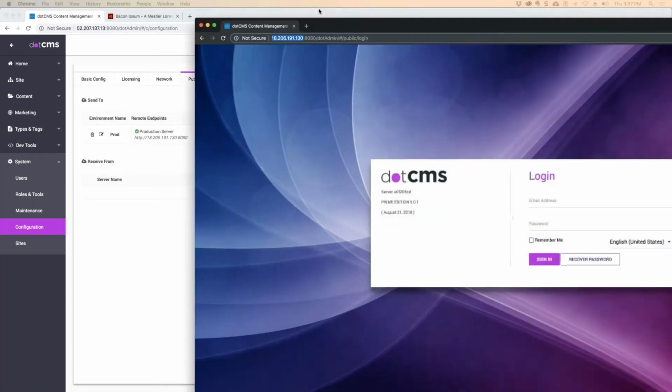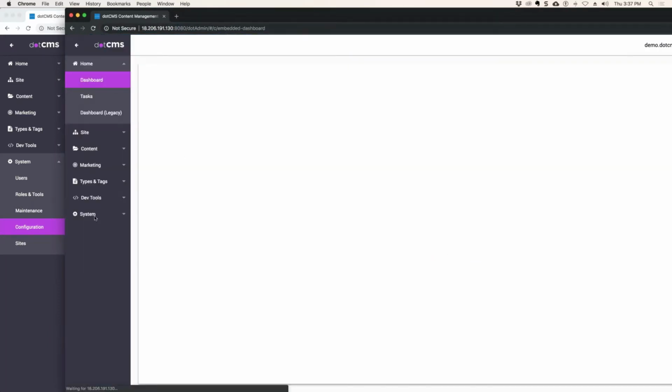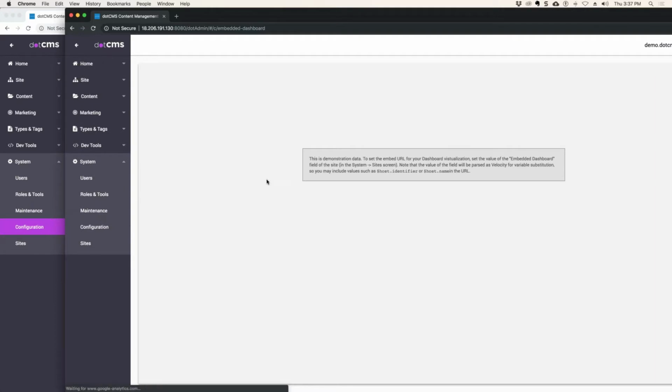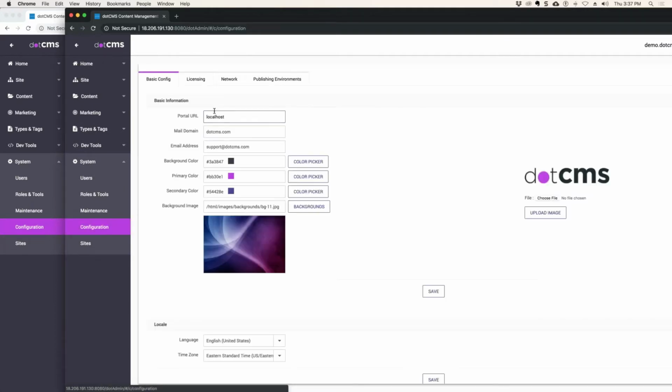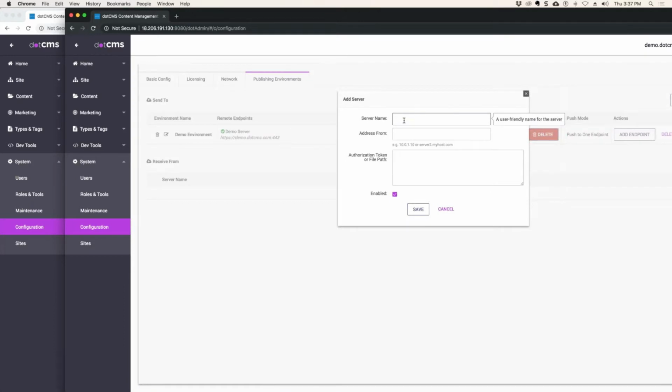And then I would have to come over to this other side and I would have to sign in. And I would have to go to the other side and form a handshake, basically. And I would have to allow our server to push to it. So I'm going to eliminate Dean's computer. And I'm going to receive from this one. So I'm going to add one right now. Call this one